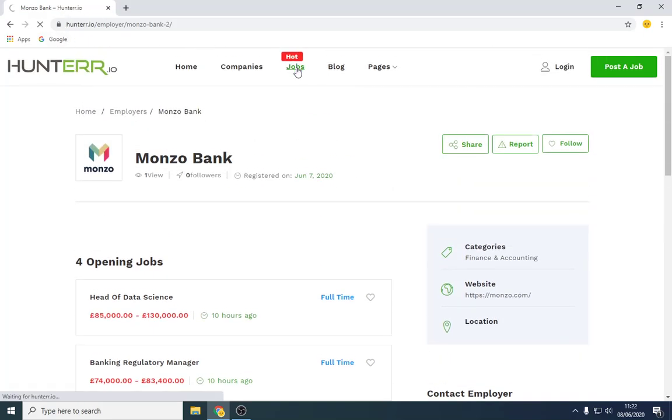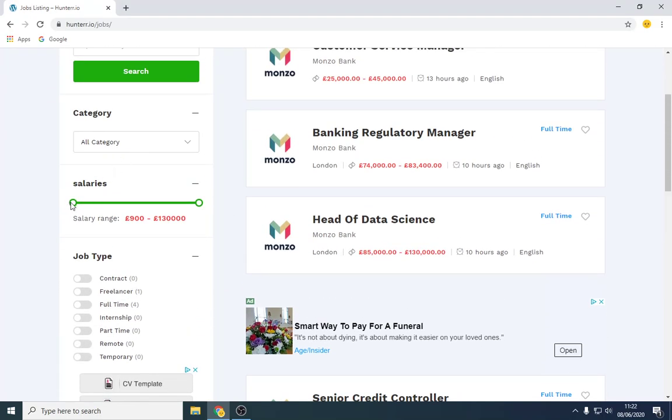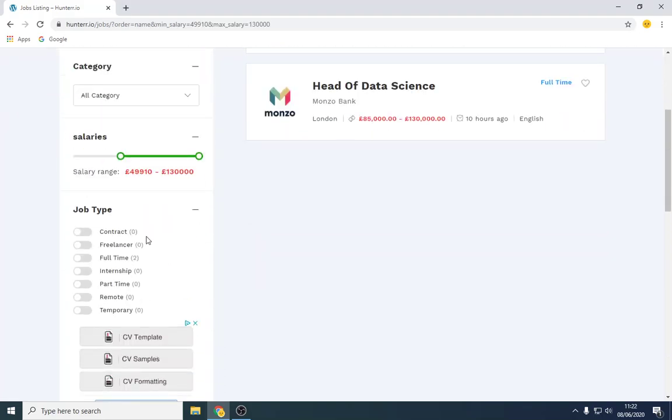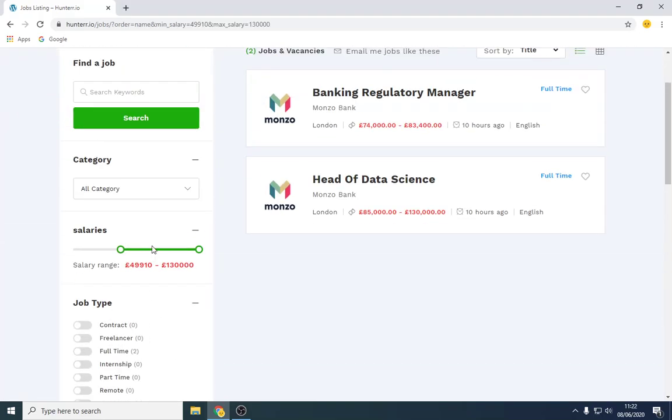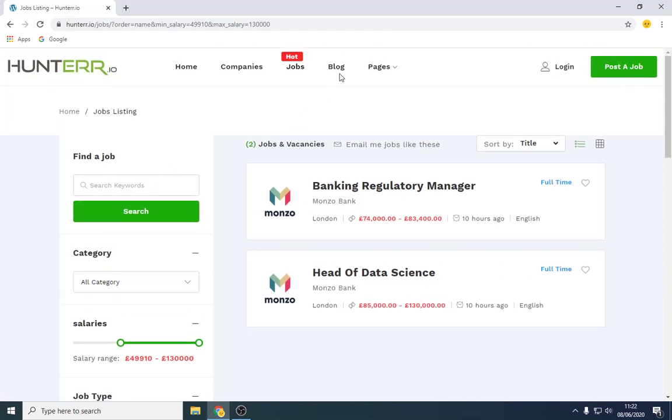We've got the job section as well, where it just shows up, people can search their salaries and they can use all this, and they can search whether it's a freelance, whether it's remote, etc. Now, all the categories would be there, and they can obviously search from keywords. Now, there's a blog section which is nothing on it, and then obviously my frequently asked pages, and I need to add a privacy policy there.